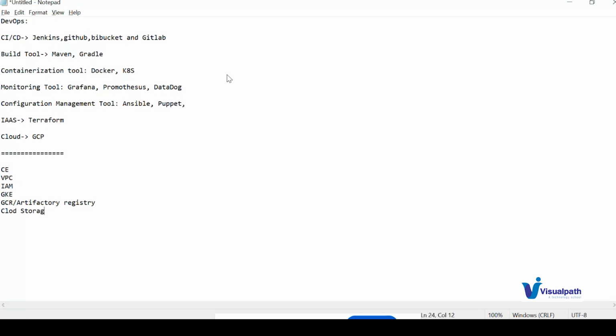Then we'll explain Cloud Storage buckets, CDN, Cloud DNS, and Certificate Manager. We'll also explain Cloud Run and Cloud Functions.